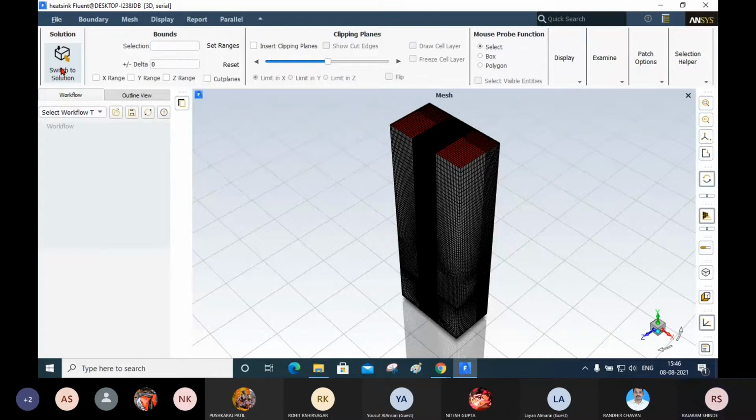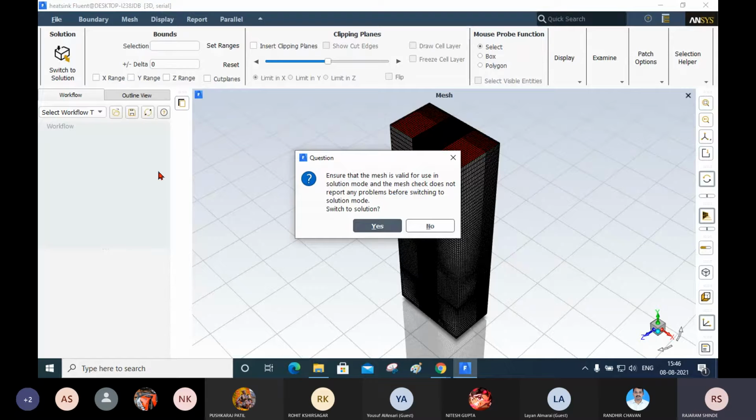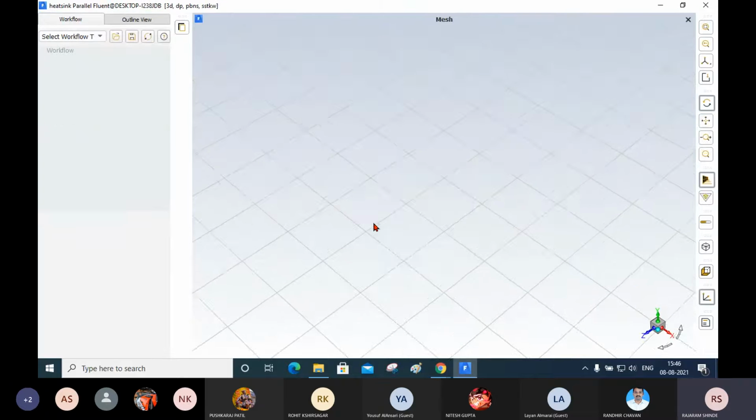Click on this. Now it is asking to ensure the mesh is valid for use in solution mode, and that the mesh check does not report any problem before switching. I will select the yes button for switching to the solution mode.